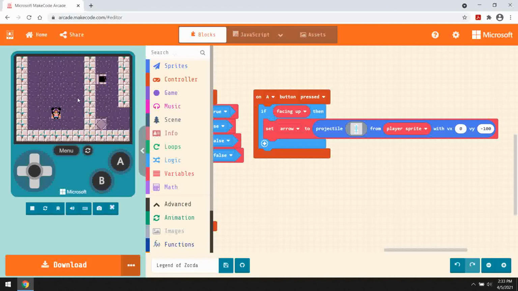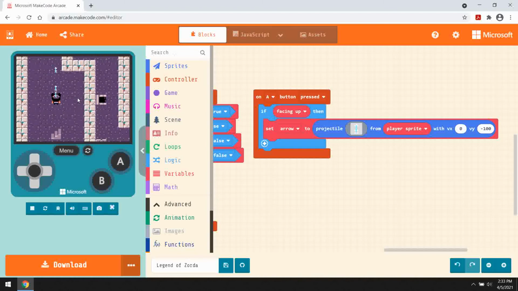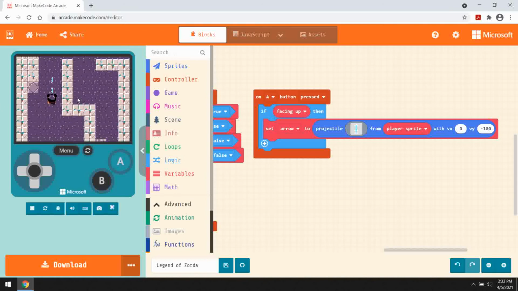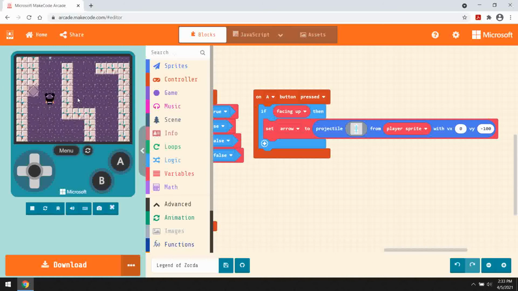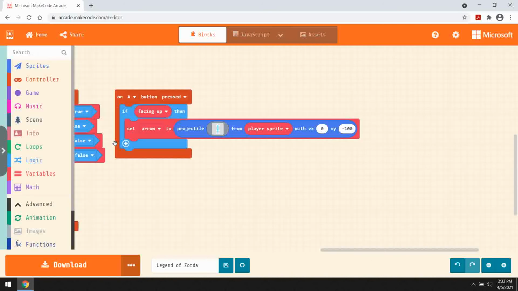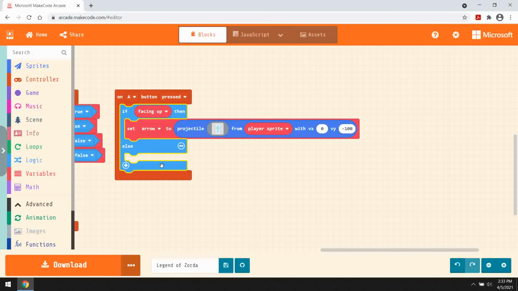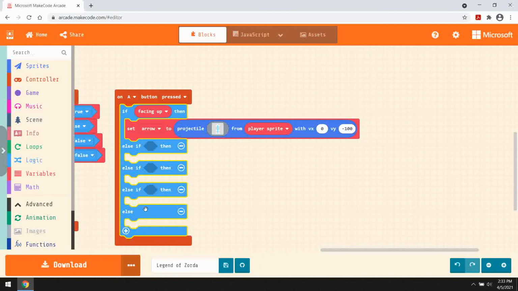So now, that's if I'm facing up. It will shoot the arrow that way. If I'm facing down, it won't do anything. That's great. So let's just put a bunch of extra steps on this if loop. I think 4 is enough. So else if